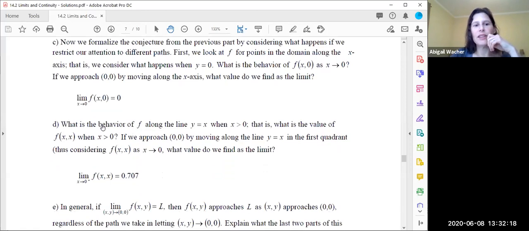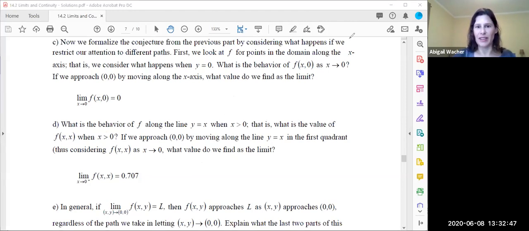Okay, now D. What is the behavior of f along the line y equals x when x is positive? All right, so that is the value of f of x, x when x is positive. If we approach 0, 0 by moving along the line y equals x in the first quadrant, thus considering f of x, x as x goes to 0, what values do we find as the limit? Okay, so